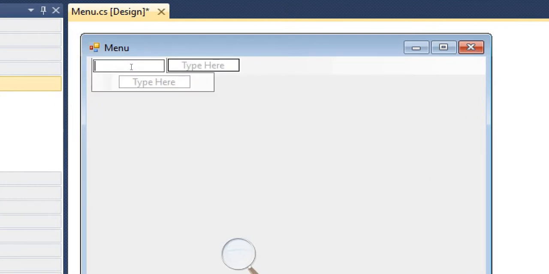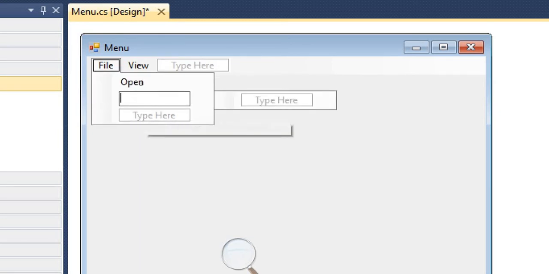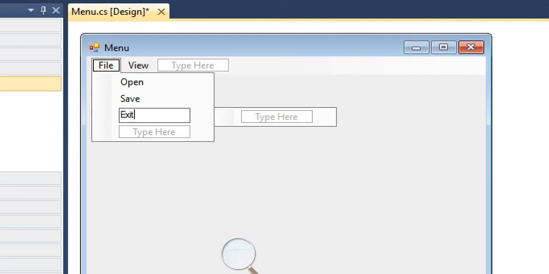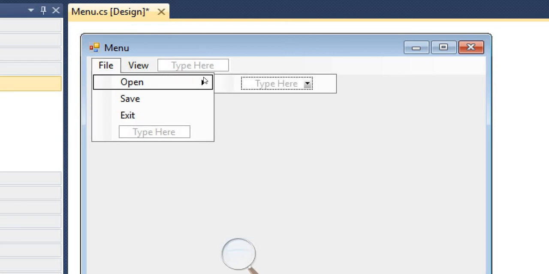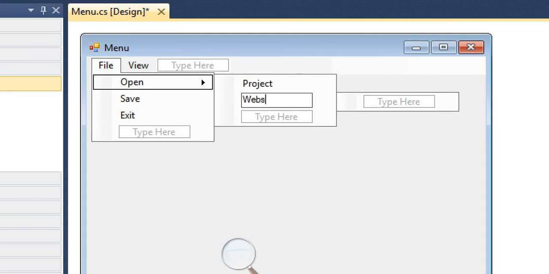It's easy to provide the menu items: File, View, and then another: Open, Save, Exit, Open, Project, Website.